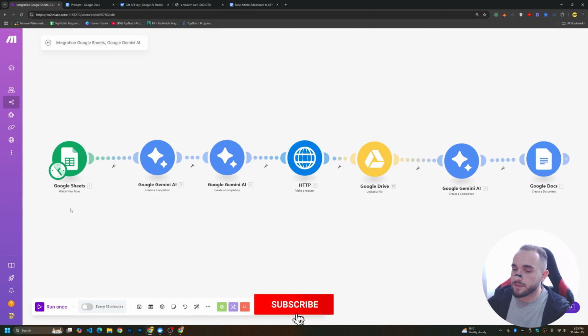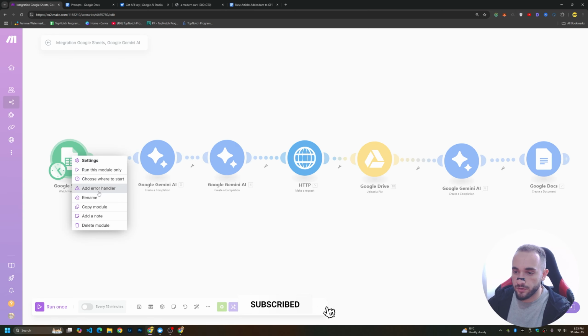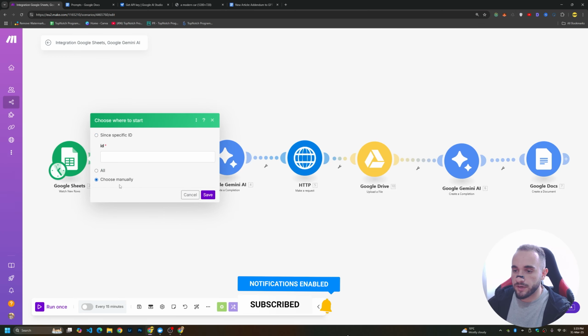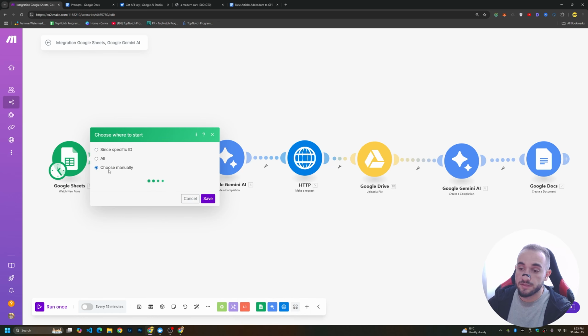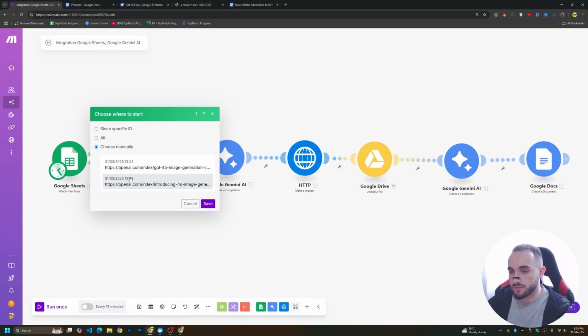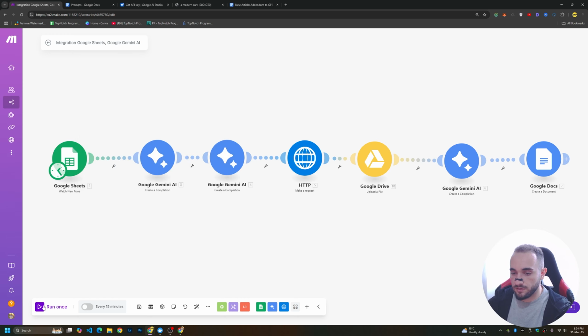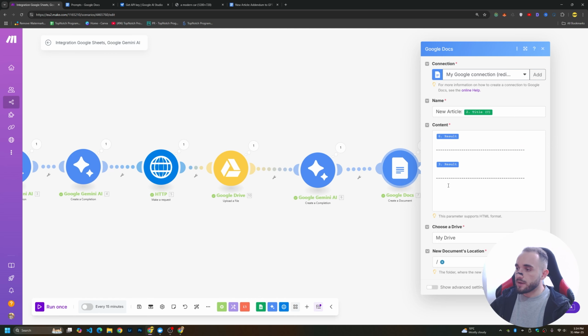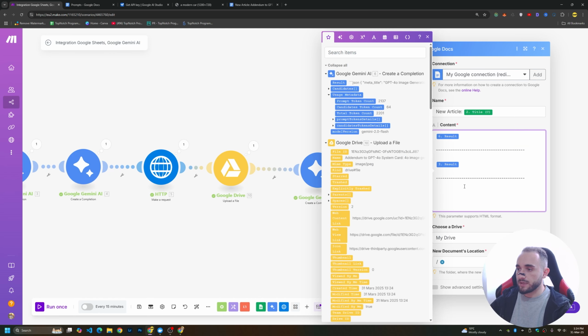And now to test it, I'll right click on the first node, and I'll choose where to start. I'll choose manually because it is waiting for an update, but I'll choose manually. So just choose one of these rows, and save it, and let it run once. Okay, so now after this, we can just take